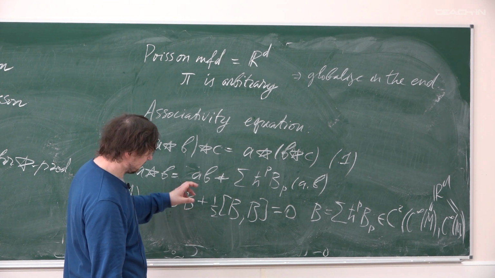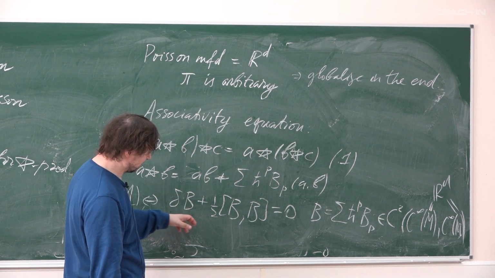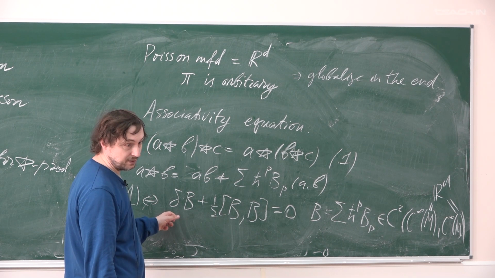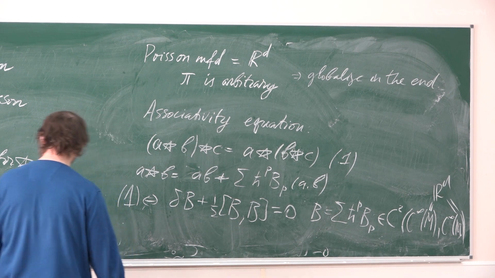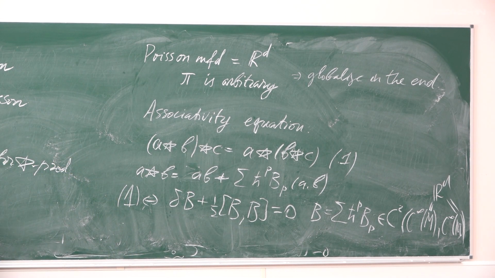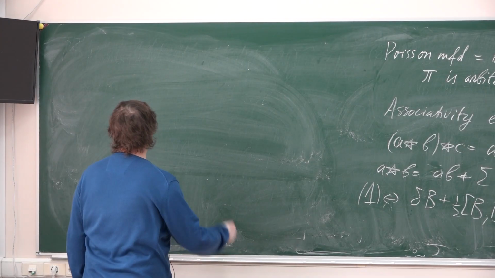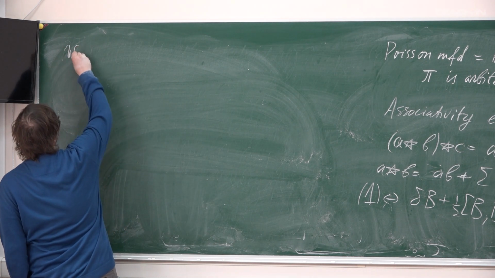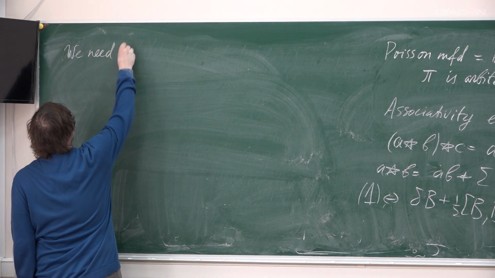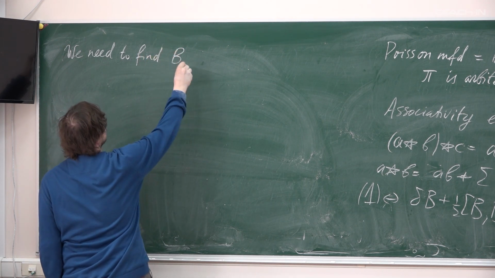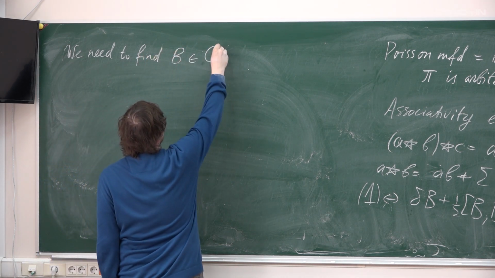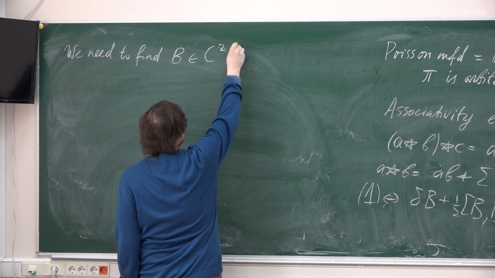Now I just collapse them into a unique equation where I deal with formal power series on both sides and generating series. So we need to find B in the space of formal power series